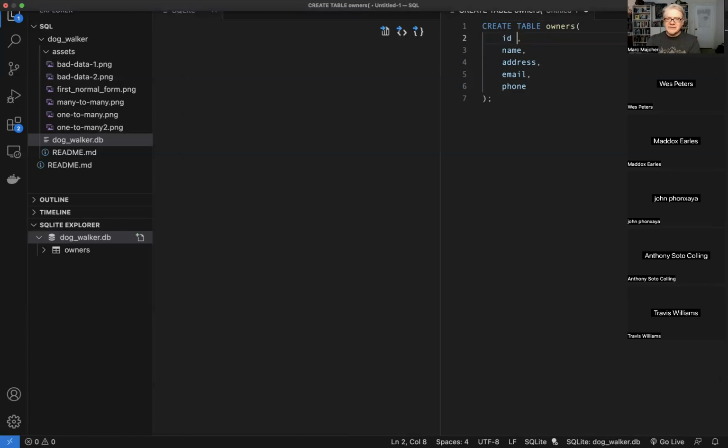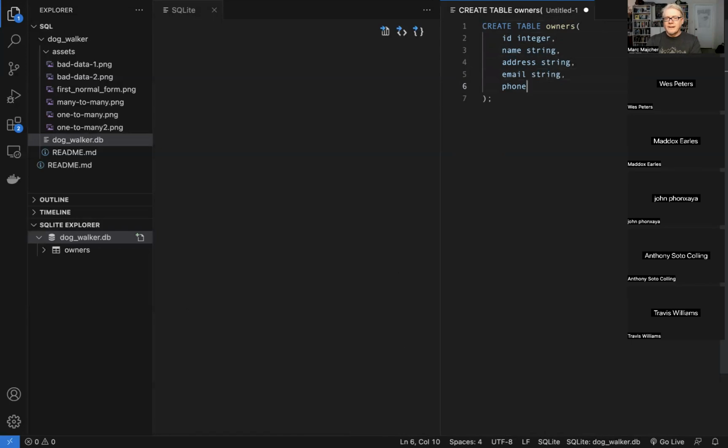So ID, I think, was an integer. Integer, great. Names, these are all going to be strings. And this is still a number for some reason, or an integer, I guess. Great. There's only one more thing we need to add here. Since this is our primary key that's going to get indexed, say primary key.